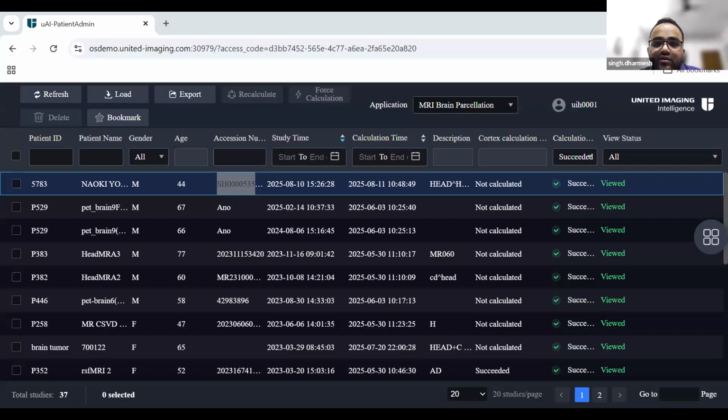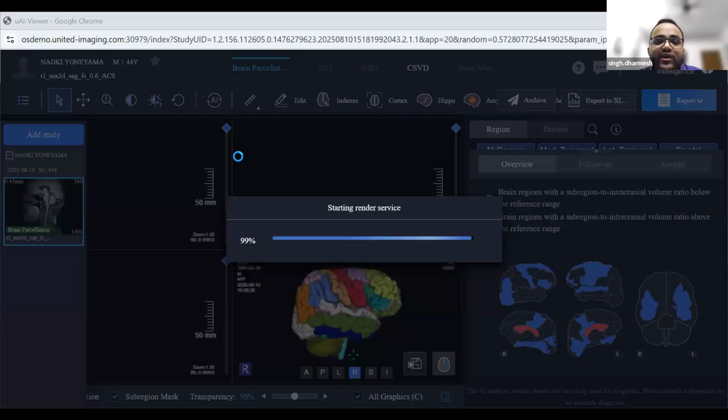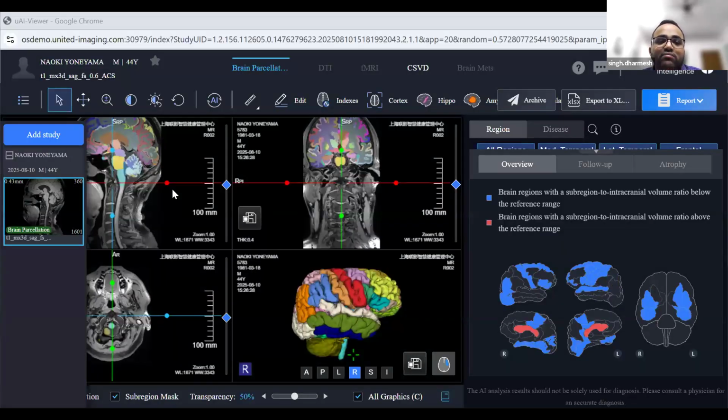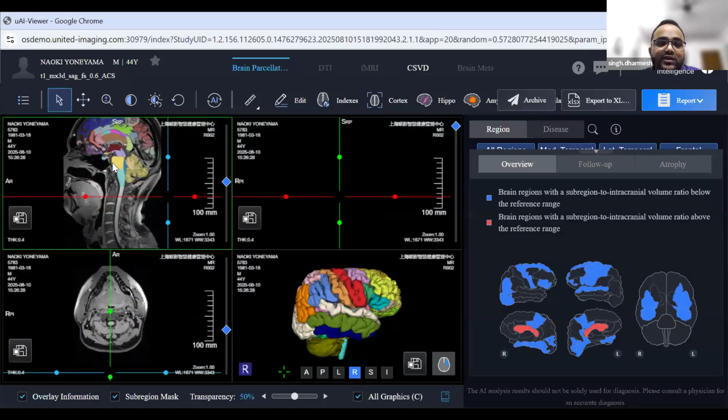So I'm sharing my screen. You can see, this is very exciting: brain region segmentation and brain region volume. If we go for FSL and all, it is very, very time consuming. This will segment the brain into 109 regions within a second, and it shows all the